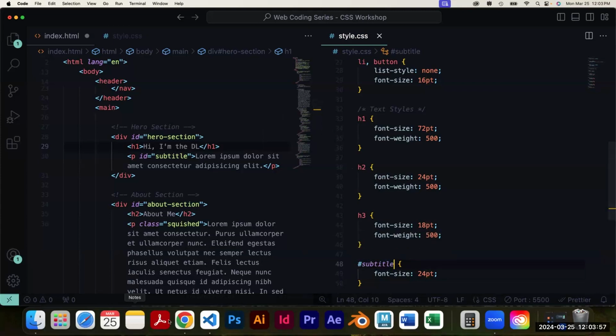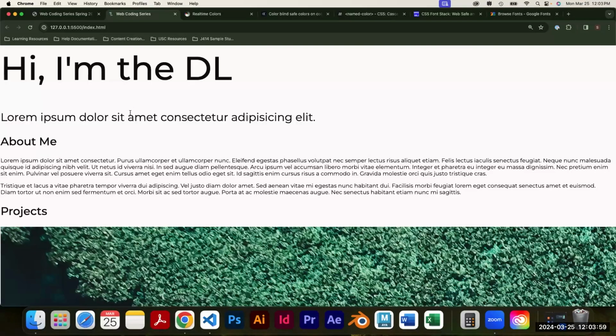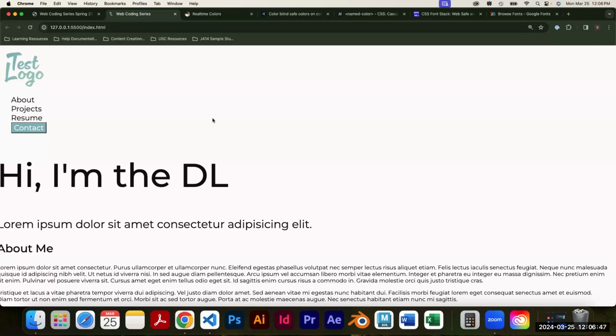And when we save, we'll notice that it's only applying to that paragraph subtitle because I've set that ID to subtitle, and then I put the code to link to that ID specifically. Okay, so now we've done some stuff with our fonts and our colors,